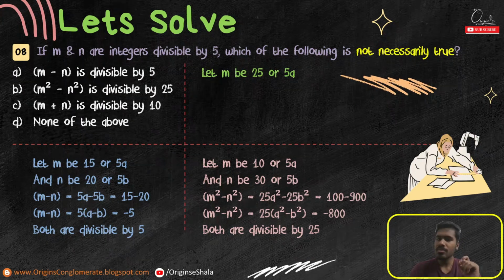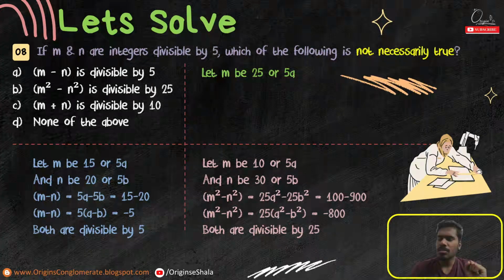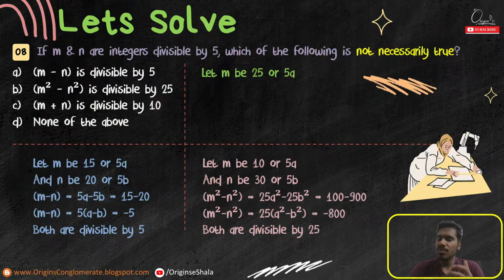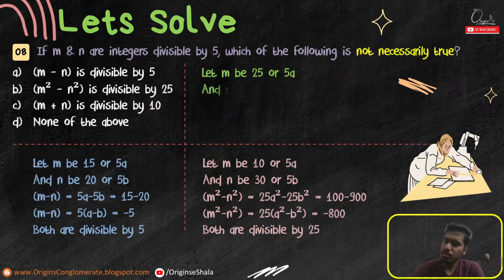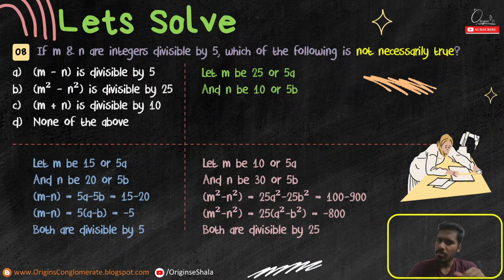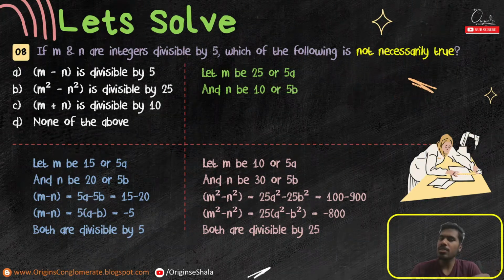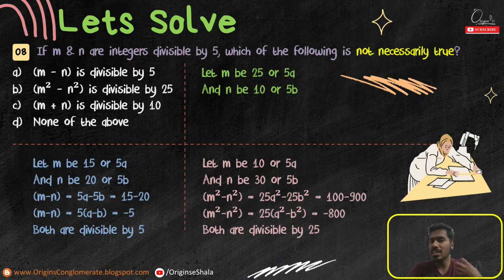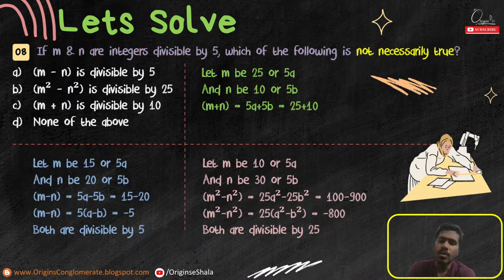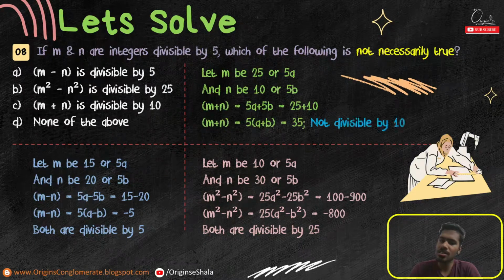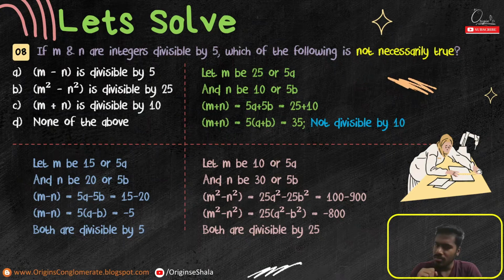Now do remember I said we have to prove them false, right? So I will try to pick some number whose addition will definitely give me something which is not divisible by 10. Obviously variable term is there, but just to make sure, I will definitely try to take numbers which are not divisible by 10, whose addition will not be divisible by 10. So I took one multiple of 5 and other one not having 5 at the units place, because this will definitely return something with 5 at the units place, and that will not be divisible by 10,